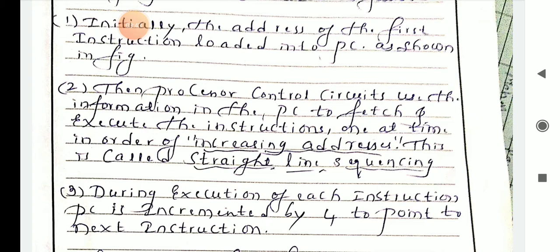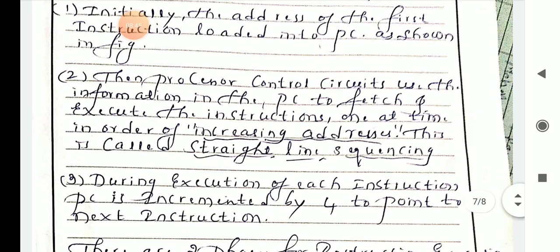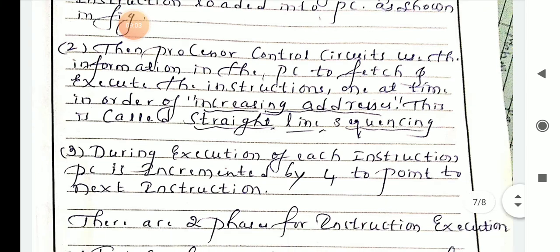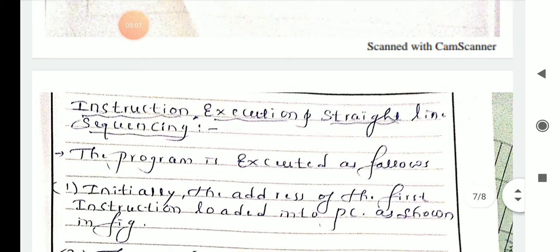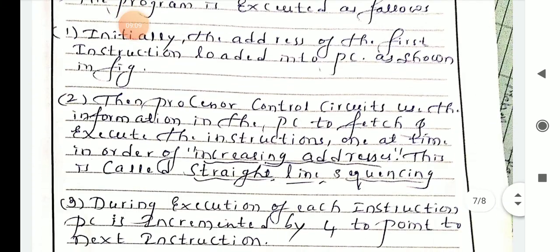This is known as straight line sequencing. You have to increase the address if you want to move on to the next part. First it will fetch and execute the instructions one at a time. This is the second step in instruction execution and straight line sequencing.